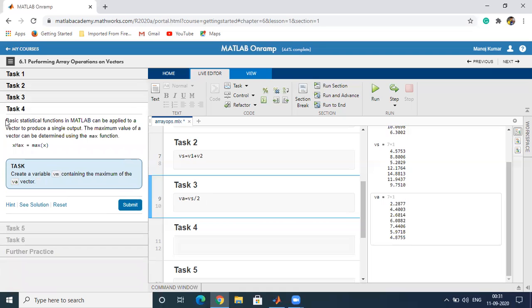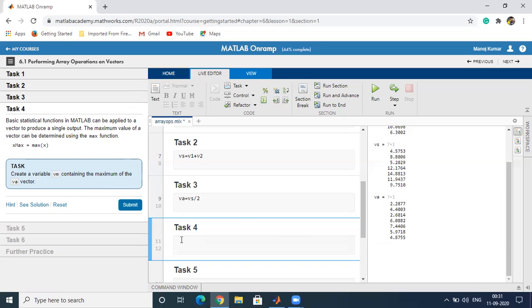The basic statistical functions in MATLAB can be applied to a vector to produce a single output. The maximum value of a vector can be determined by using the max function. If we want to find the maximum value of a vector, we can use the max function.